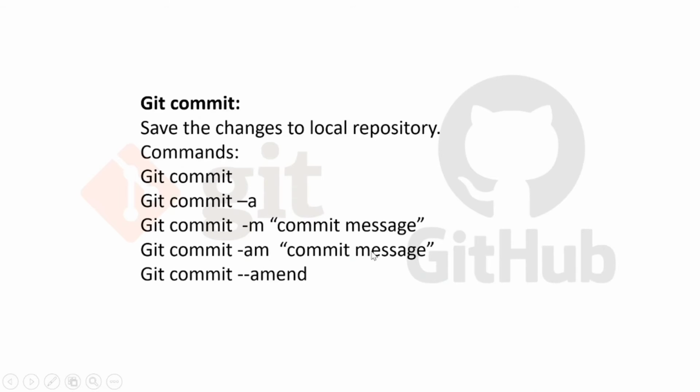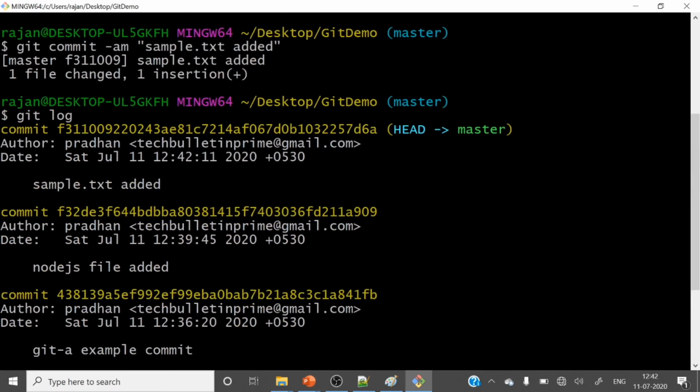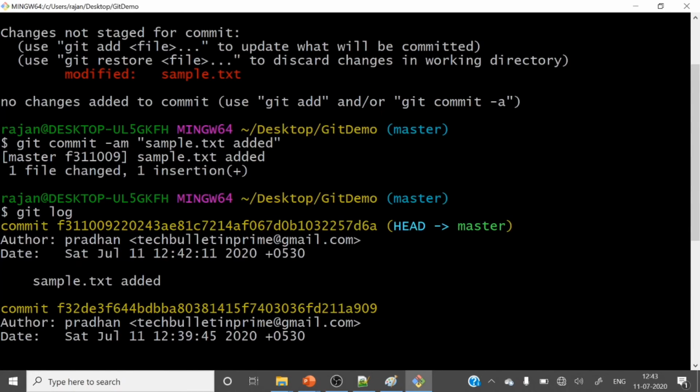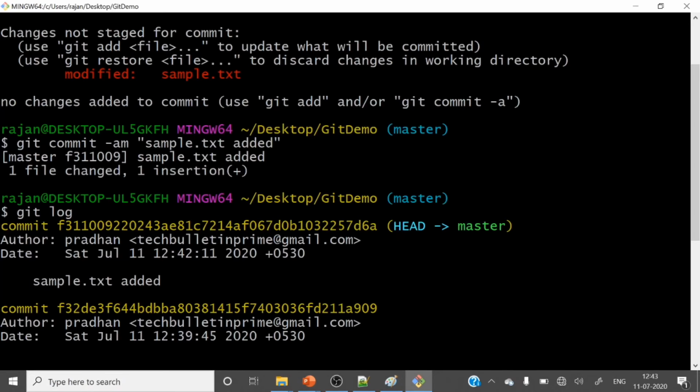So the last command is git commit --amend. What exactly will it do? Suppose you have wrongly typed some commit message, right? Suppose if you see here, the commit message sample.txt added is there, right? This is the last commit, the latest commit. The message of this latest commit is sample.txt added.